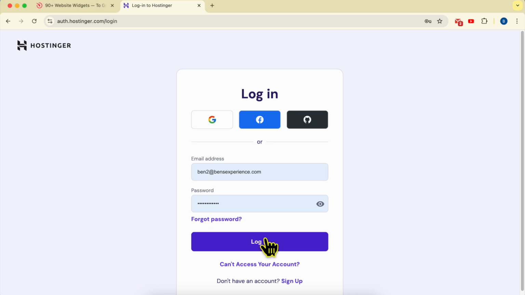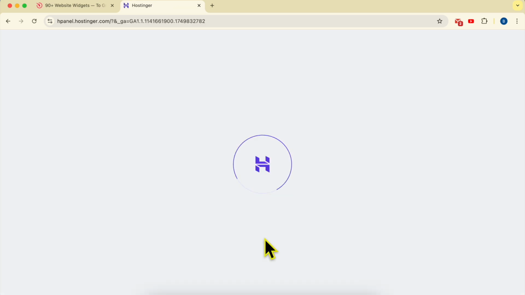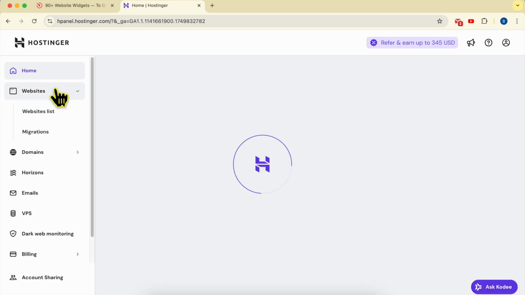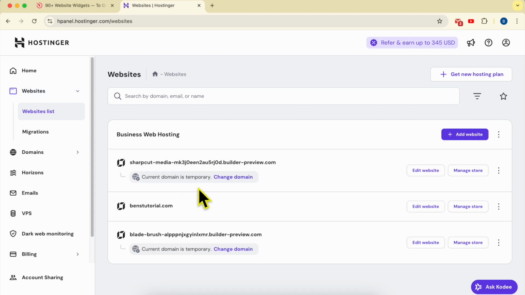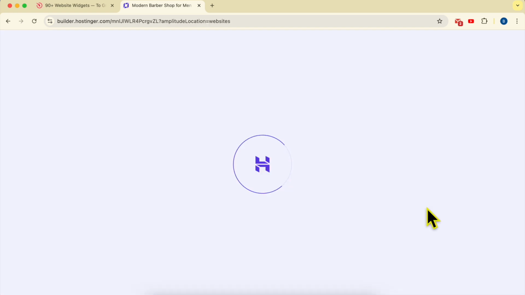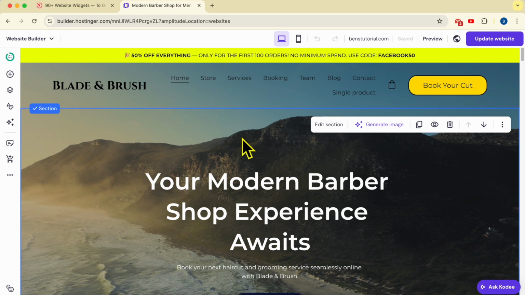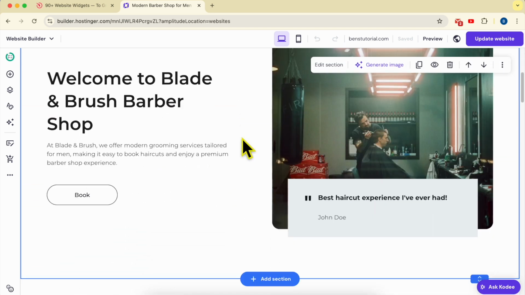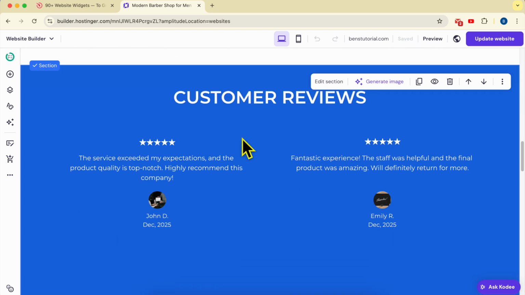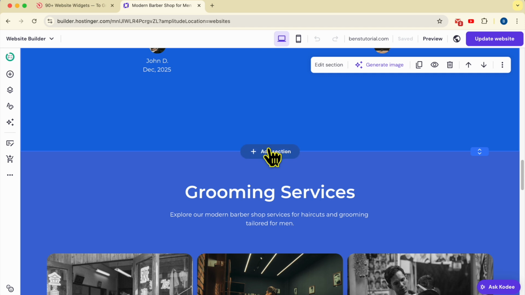First, log in to your Hostinger account. Then go to websites. And next to your website built using Hostinger website builder, click on this edit website button. This is my website inside the Hostinger website builder, and to add a Google reviews section, first I will create